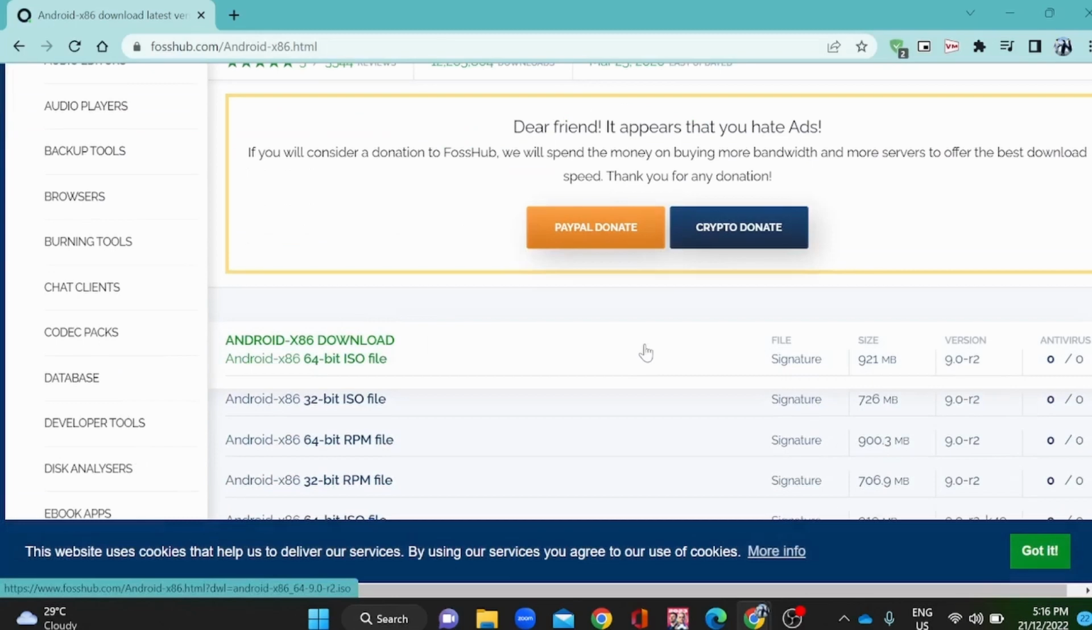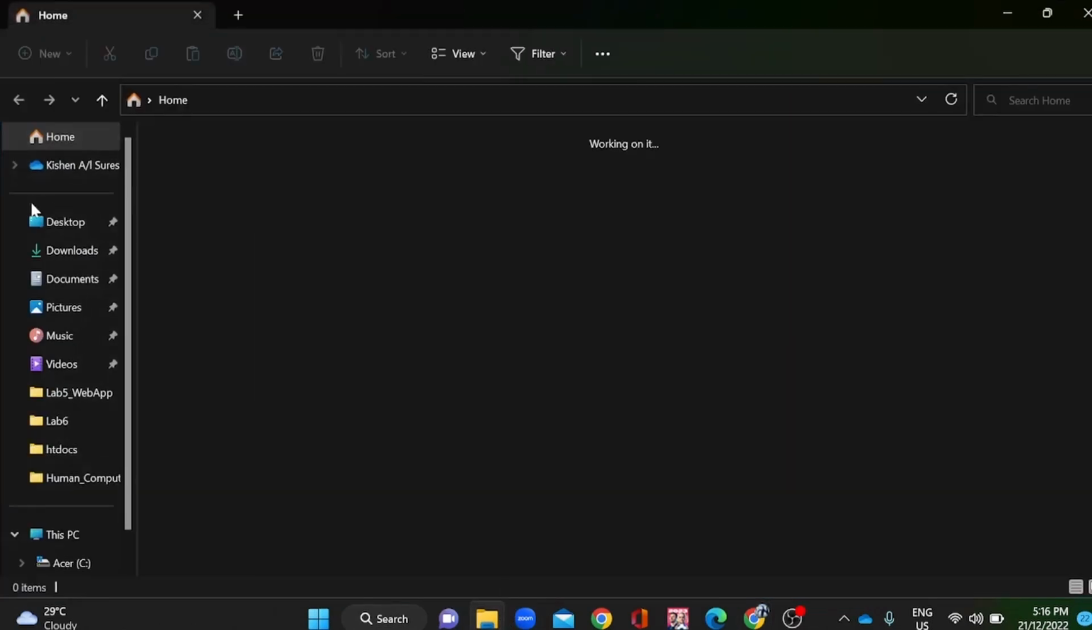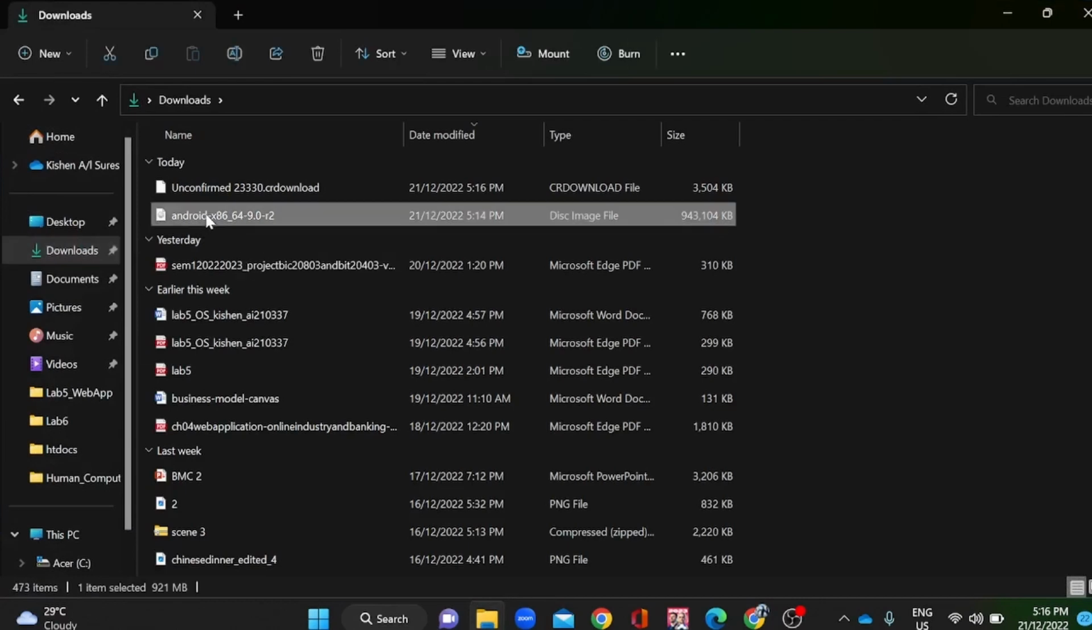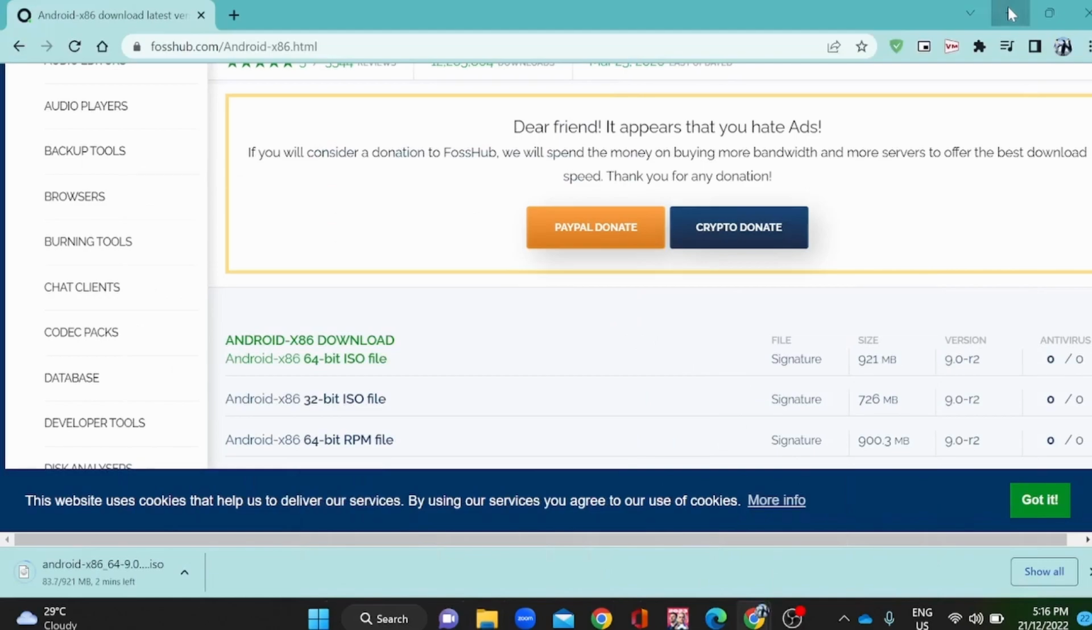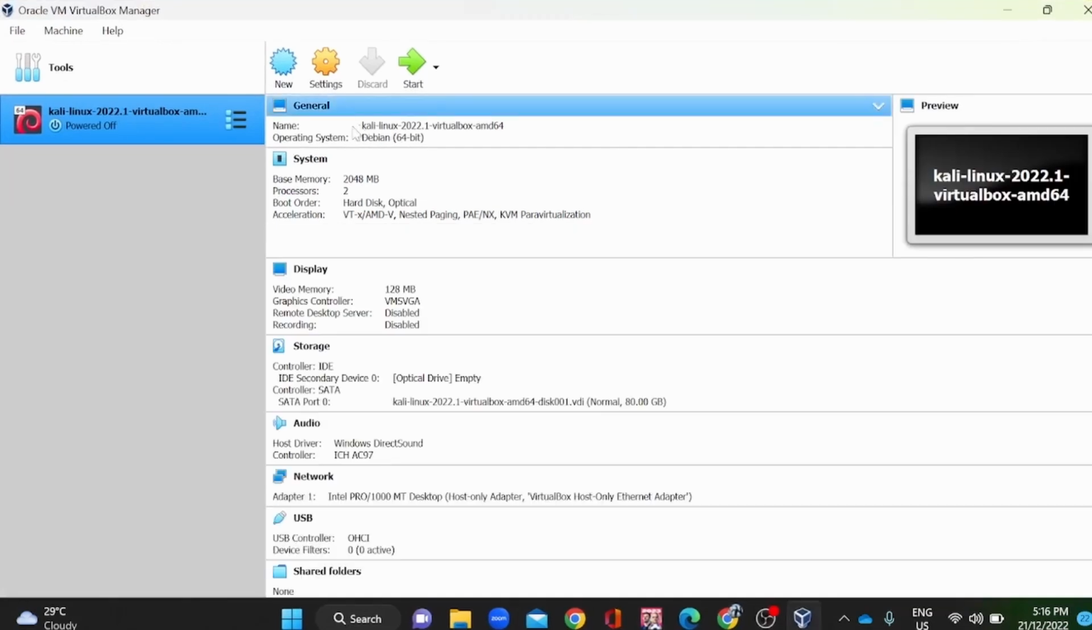the latest Android ISO file. And once downloaded, we will have to locate the Android ISO file over here. And now we will have to go to our VirtualBox to set up the Android operating system. So we have to click New